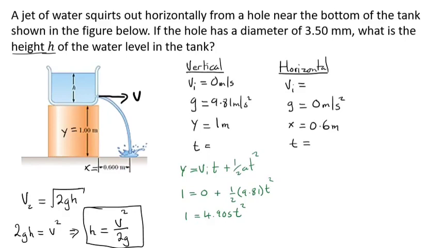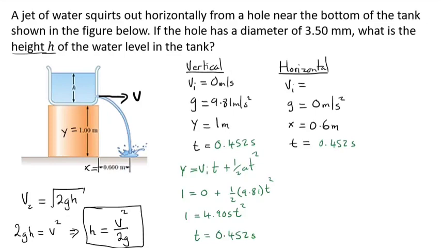So we get the value of time to be 0.452 seconds. So you can put the time value here, 0.452 seconds. If that's the case, the same time is the one that we're going to use here as well, which is 0.452 seconds. So to find the velocity in the horizontal now, we can say,